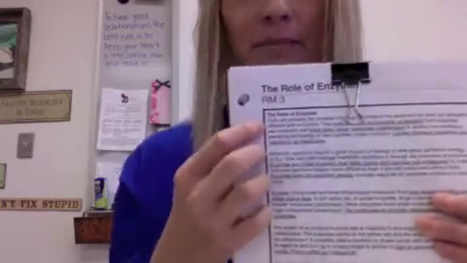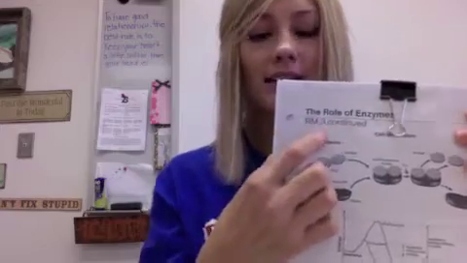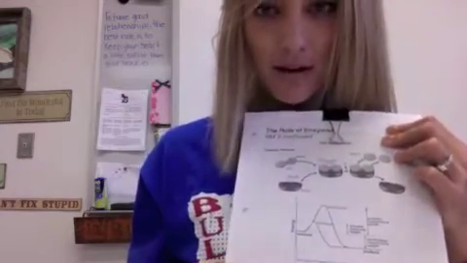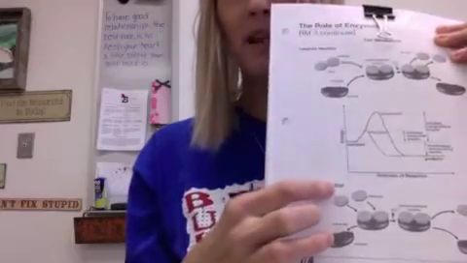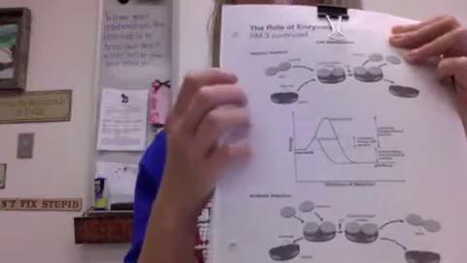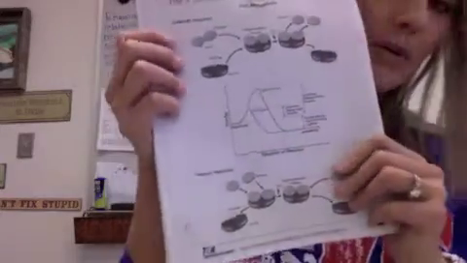So you'll see phrases that are underlined. These are all very, very important. And then on the back side of your notes, you might want to highlight catabolic reaction and anabolic reaction here at the bottom. These are great pictures, and I'll probably use some of these on your test. So make sure that you take time to look at them and that you are comfortable answering questions about these,